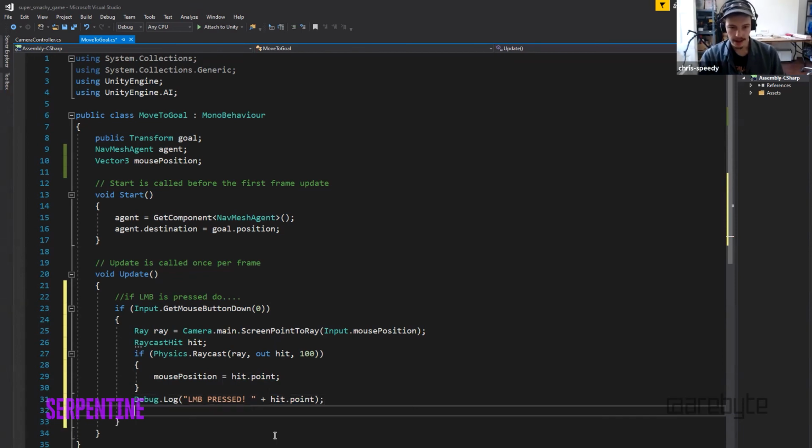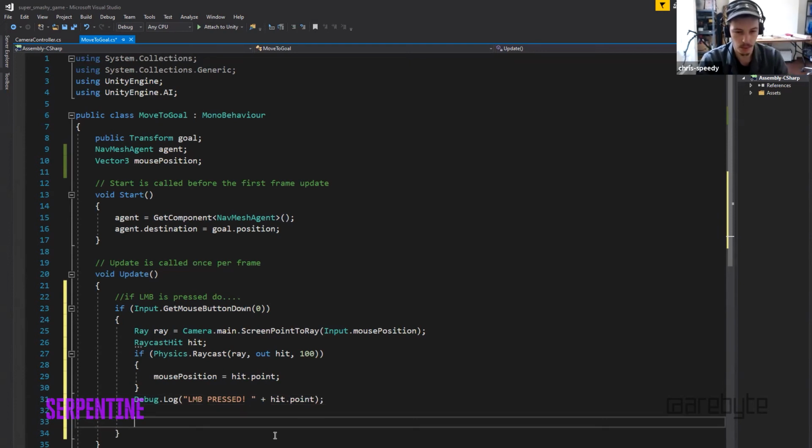And then after that, we've kind of got all these numbers and they're all really useful now. We've got a mouse position. We know where the mouse is trying to click on in the real world, in the 3D world rather. Everything's great. We're having a good time, but we need to tell the agent to actually do something at this point. So what we need to say is, in a similar manner to